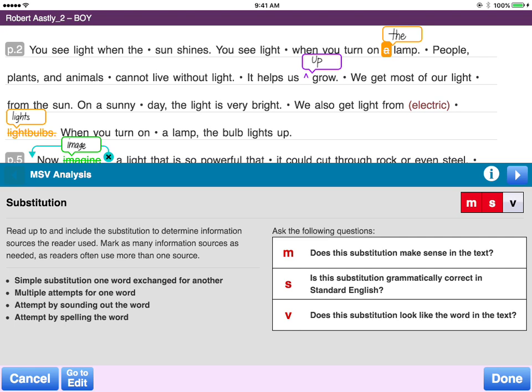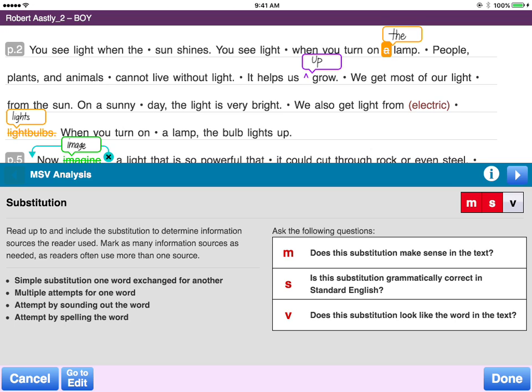All right, in this section, we're going to go through the MSV. This should be the last component that you do as a teacher when your students are finished with the TRC. This does not need to be done with the student with you and present. This could be done at your own convenience. This should be done after the TRC running record is done, after the oral comprehension is complete, as well as